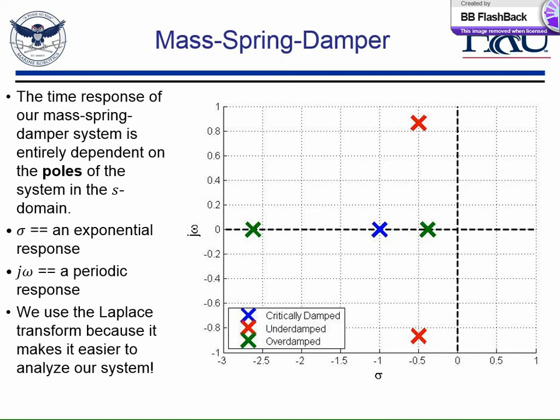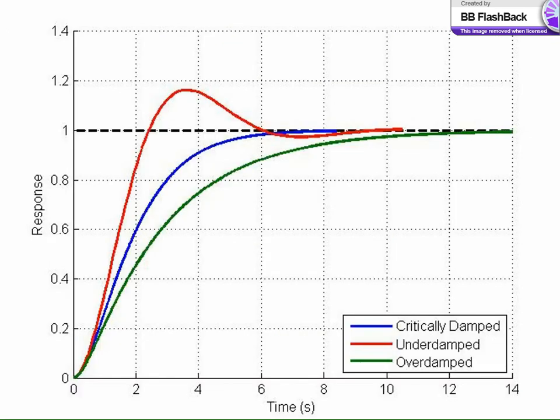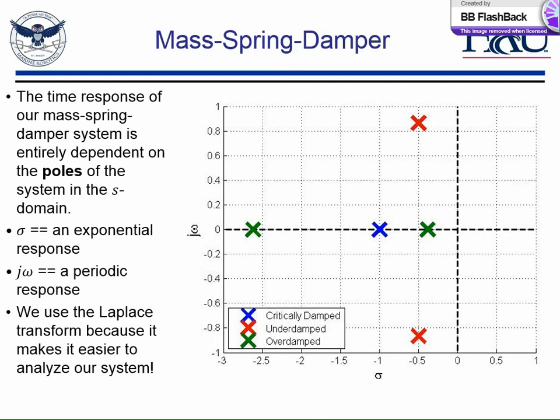So if we have some kind of complex variable associated with our pole, that means we're going to have some kind of oscillation in our system. So if we look back here, we see that in red is the only system that we have an oscillation on. And if we look here, we see that the poles that have that oscillation are the only poles that are complex numbers. They also have a transient response because they have that sigma part to it, right? But they're going to have that periodic oscillation. And what happens is that if you look at the S-plane,